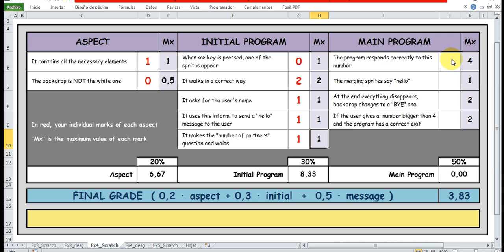And here we have, let's imagine the following situation. When the user says he or she wants to know 1 or 2 partners, the program works. But when the number is bigger than 2, it doesn't work. So it works half. Okay, so the mark is half of the maximum value. Imagine the sprites that appear say hello, as it was asked in the exercise,